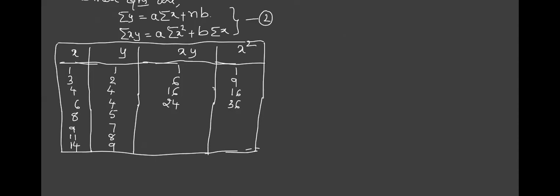Ma'am, we can write direct values. Directly summation, if you write directly, they'll cut the marks. Don't ask me later on why I've got less marks. Ma'am, but we can write. No, they will just tell that for the table, some 3 to 4 marks will be allotted. So if you write directly summation, they may not give you the full marks.